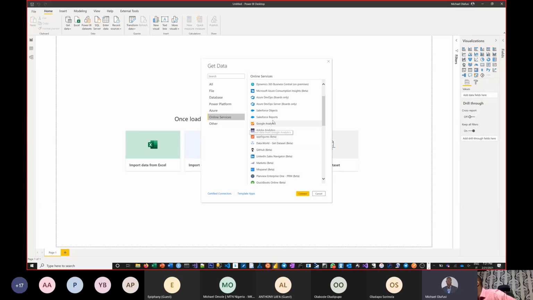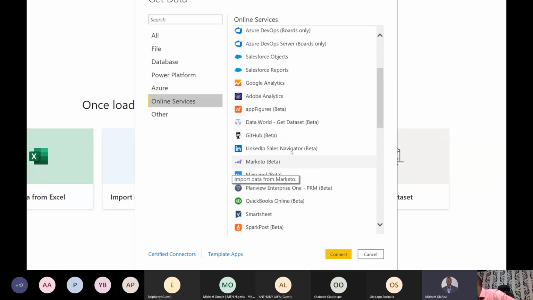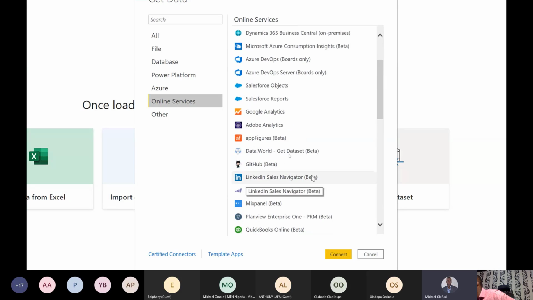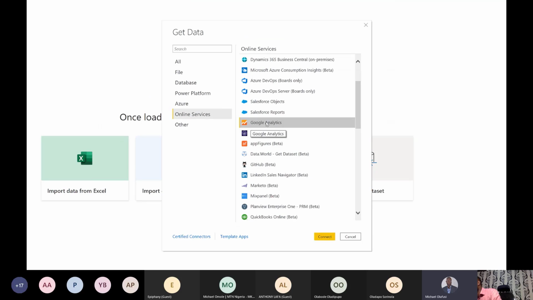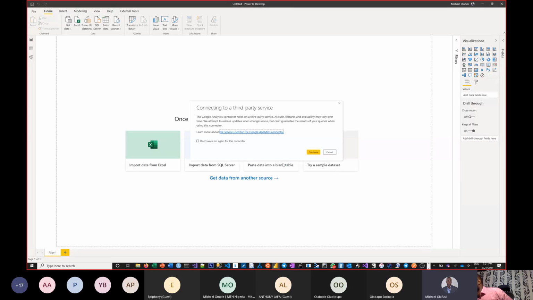So you can see that I have LinkedIn, right? I have Google Analytics. Which one is my password? Let's use Google Analytics at least. That one we have a lot of data. So I'm going to use Google Analytics. The same thing too if you use Twitter and all. You are not seeing Twitter here, but if you go to the web one, you will see Twitter. So if I click on it,